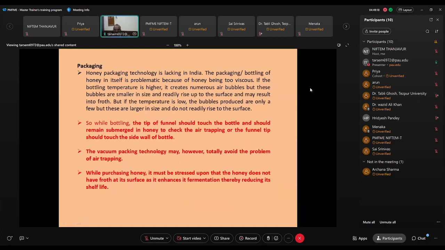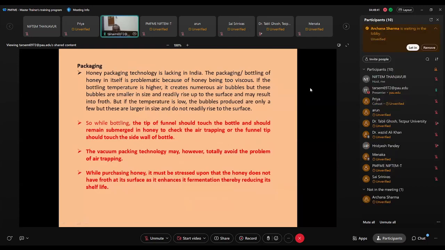Sometimes these days we are working on vacuum packaging technology also. For most of the food grains, this is very successful. Like if we pack the pulses or grains or rice or some other crop, the quality of that produce remains intact even after 2 3 years, as far as the grains and the pulses are concerned, because we remove the air completely from that packet, and till that vacuum is maintained within that packet, the quality